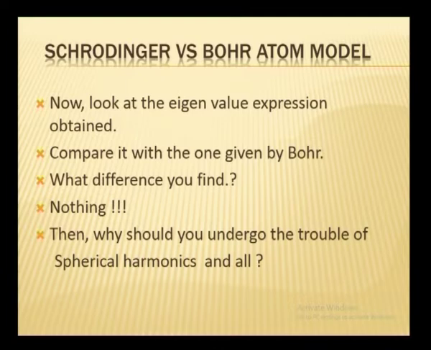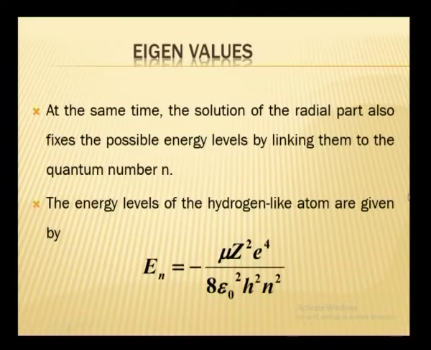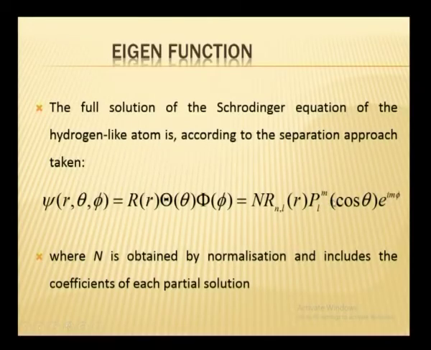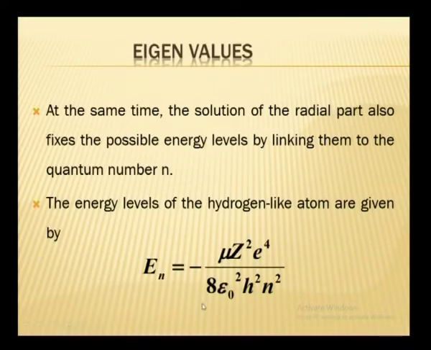Look at the eigenvalue expression obtained. These are the eigenvalue expressions, right. I will ask a question: here are the Schrodinger eigenvalues, right. The eigenvalues obtained from applying the Schrodinger equation involve all this complicated mathematics, the associated Legendre polynomial, expressing del square in terms of spherical polar coordinates. You come across the Legendre polynomial and all these things, you are getting involved with higher mathematics, and finally, you are led to an equation of this kind.